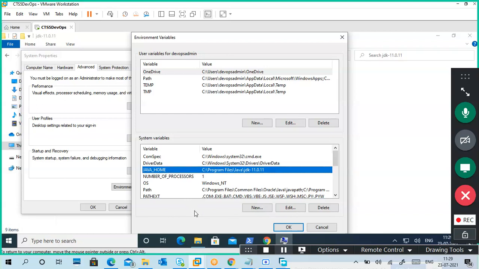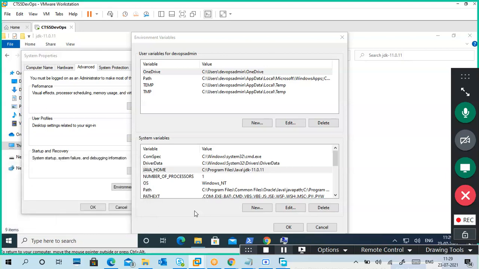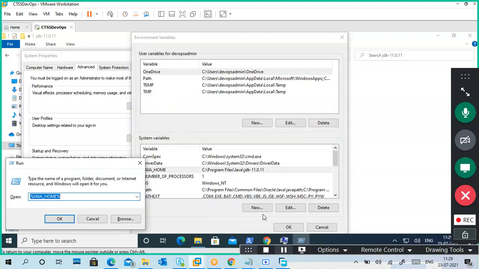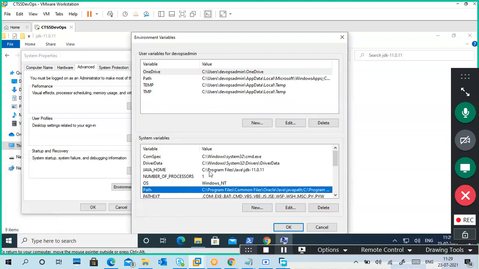What it means is, if you go to Run and type percent JAVA_HOME percent, it's not recognized because we have not clicked OK. So this is the home directory, and I also mention it in the path. Go to Path.